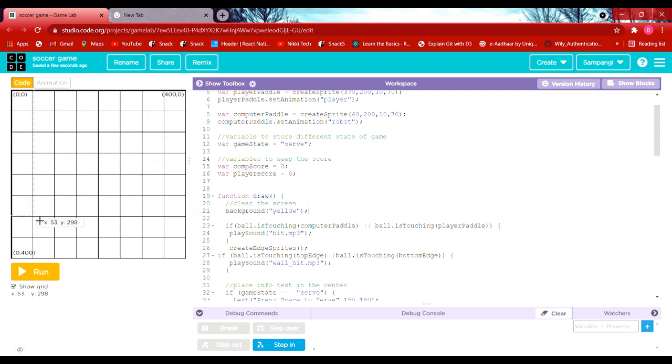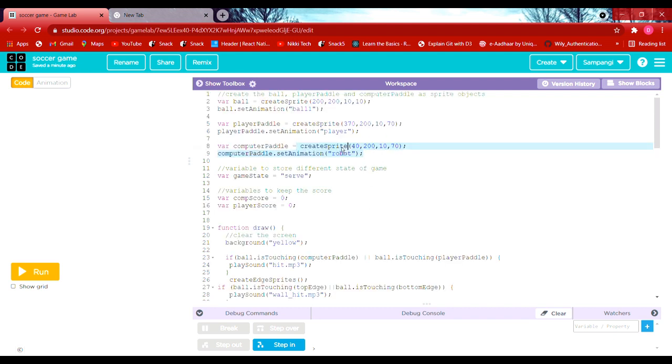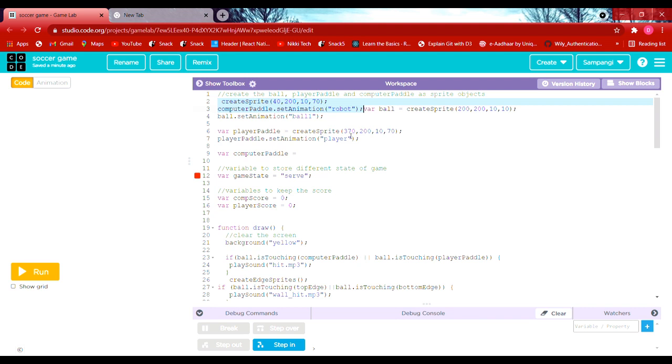So if we want to place the ball here, see the position, it's 49 to 99, so we can write 49 to 99 like that. Okay, I don't want the grid, so if I press it, it just vanishes. And then that's it. We have created three variables,